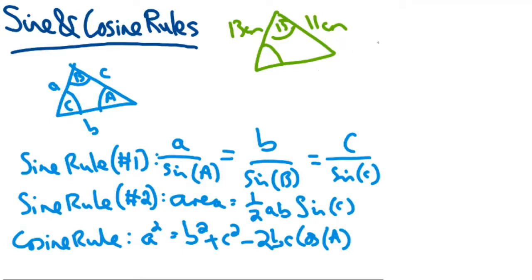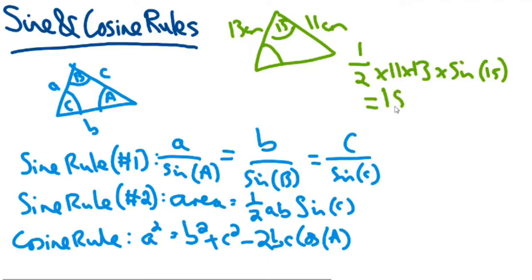So, for our area, it will simply be half times 11 times 13 times the sine of 15, and that should get you an area of approximately 18.5, and this will be centimetres squared because it's centimetres. Okay. Lastly then will just be the cosine rule, which we don't actually need to change our diagram for because